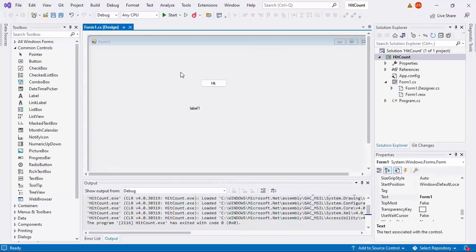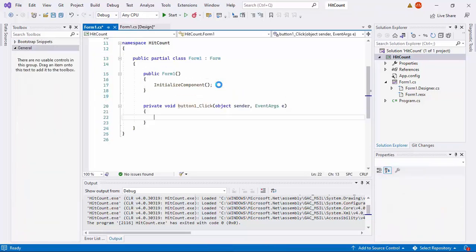Okay, so we want the program to do something when we click the button. So that is what we call processing the button click event. What we do? We double click. Now we double click the button.